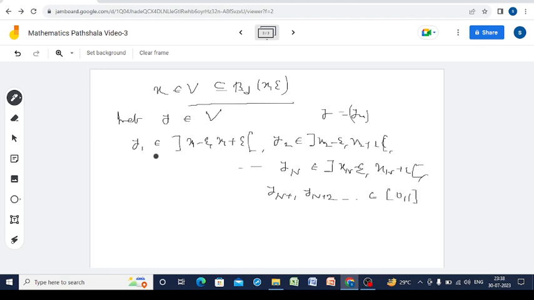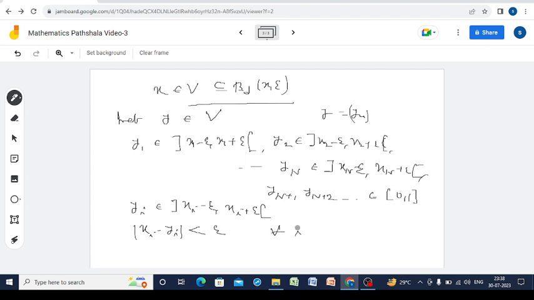Now see, for the first capital N coordinates, yi belongs to xi minus epsilon comma xi plus epsilon. That means our mod xi minus yi is less than epsilon